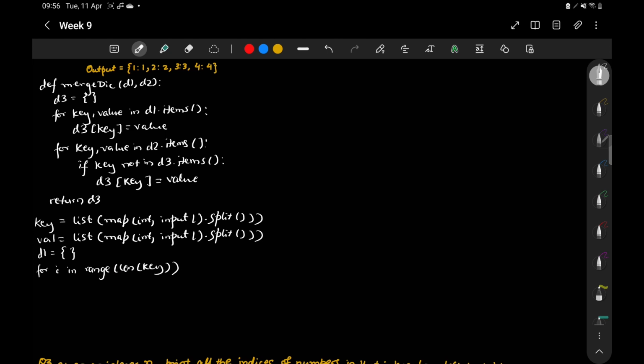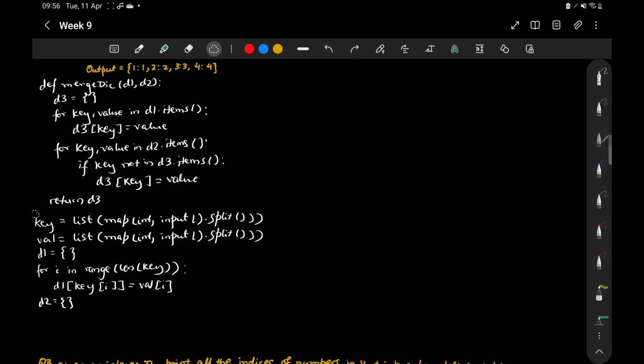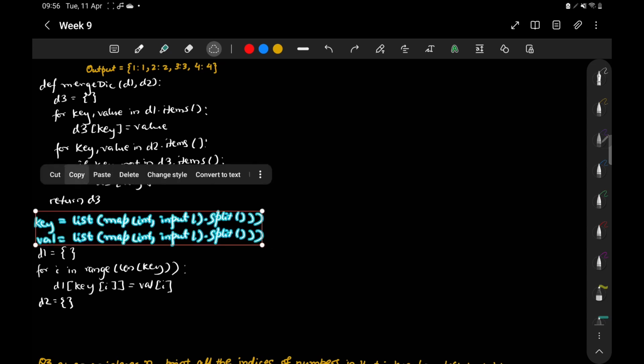So this len command is used to find the length of lists. Then we will take input for D2 also. Let me copy once again. Oh sorry, I'm not able to copy it. Okay, now I got it. Copy